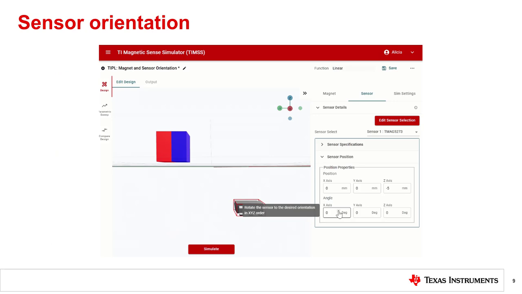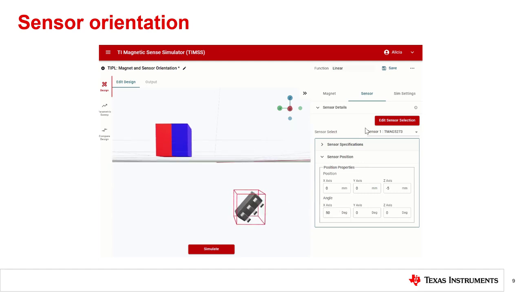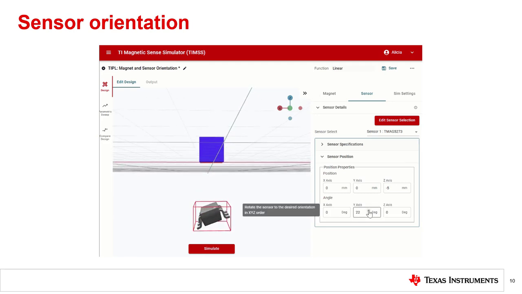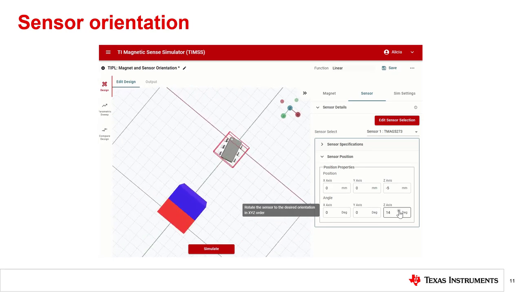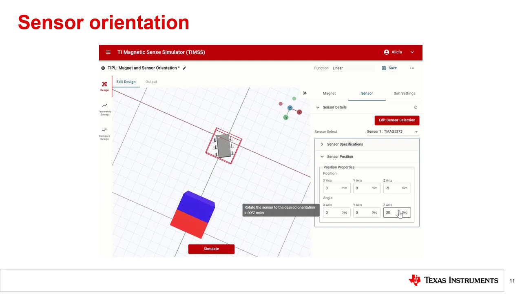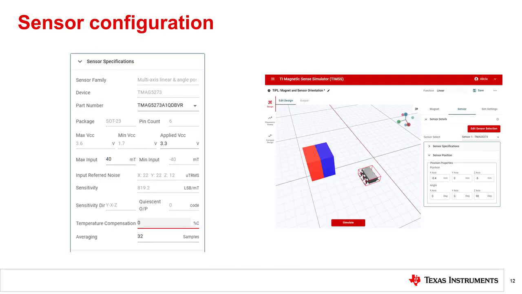Similar to the magnet, you can also rotate the sensor package about the X, Y, and Z axis. This rotation coordinates with the sensor's reference point and not the global origin, similar to the magnet. The sensor's reference point is typically the center of the package footprint seen on the surface of the PCB. Here, you can see what a rotation about the x-axis would look like in the YZ plane. This video demonstrates what a rotation about the y-axis would look like in the XZ plane. And finally, here you can see what a rotation about the z-axis would look like in the XY plane. For the purpose of this video, the following sensor configurations will be used.